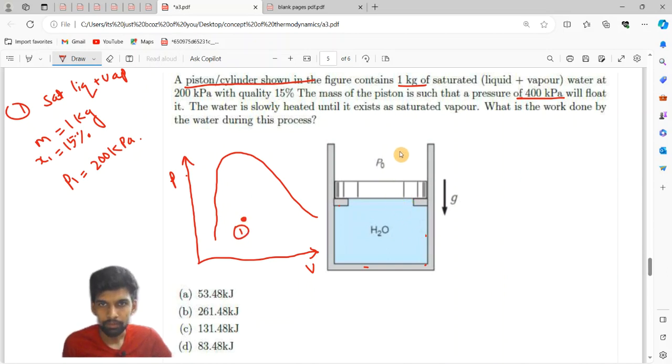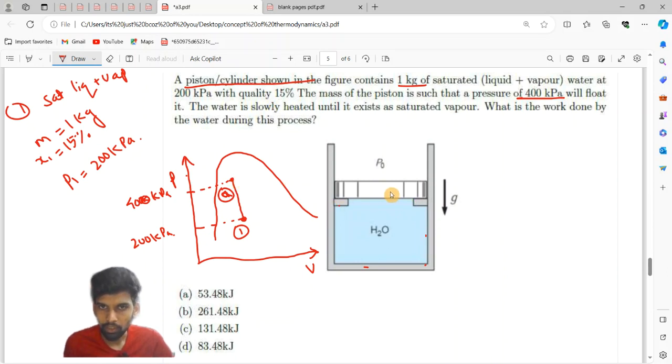What will happen is, till pressure of 400 kPa, we are now at 200 kPa. So this will only float after 400 kPa. Once the pressure inside the system reaches 400 kilopascal, this piston will start floating. Till this point, let's call this point A, say any intermediate point,